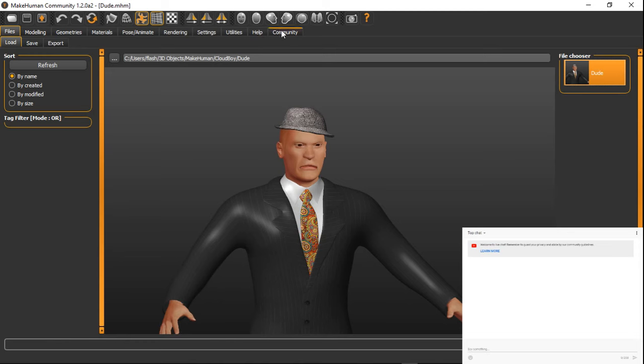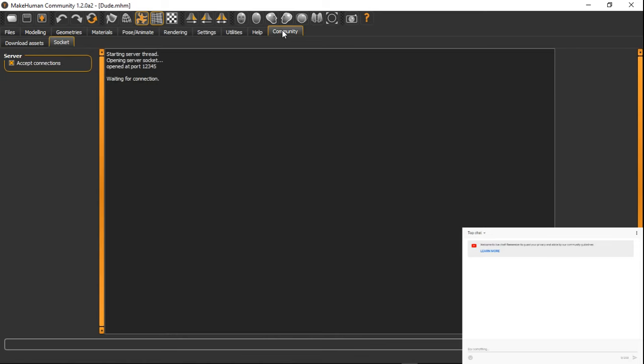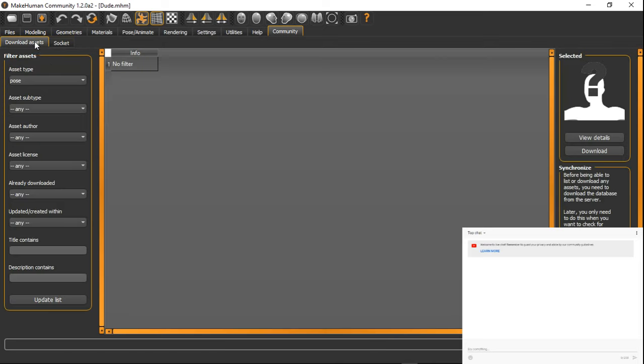So this community tab, how do you get to it? You just click it. Everything is clickable, very easy to do. Like I said, connect this socket area to the server, where you click this little checkbox that says accept connections. Also, you're going to have this download assets option. This is the newer version of MakeHuman Community